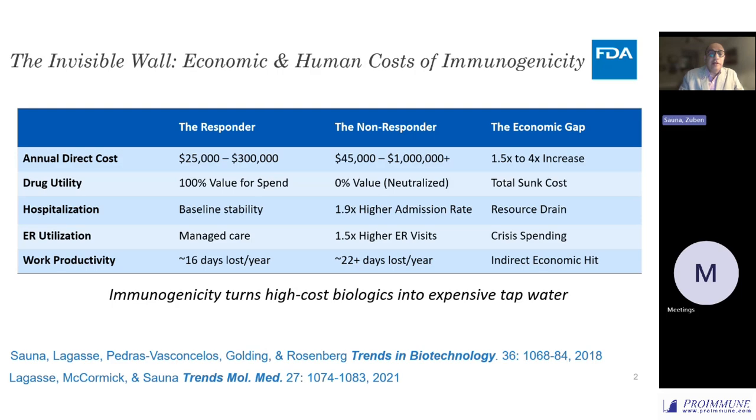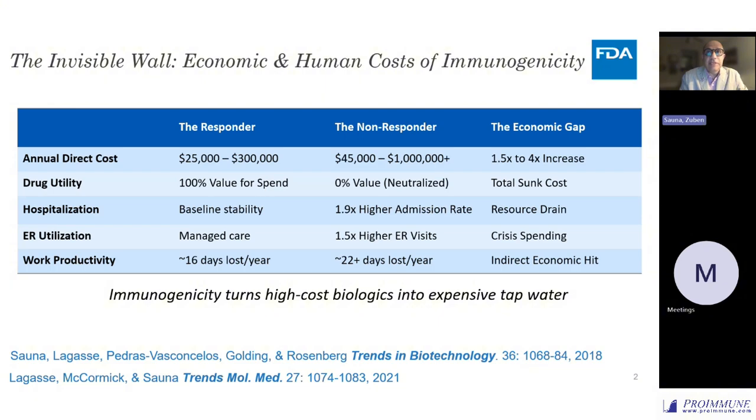So let's start with a very brief introduction about immunogenicity and NAMs, or new assay methodologies. So first and foremost, immunogenicity. When we develop a drug, why do we care about immunogenicity? I like to think of immunogenicity as a sort of invisible wall, which has immense costs to the patient. And here I've illustrated, across different protein therapeutics, the